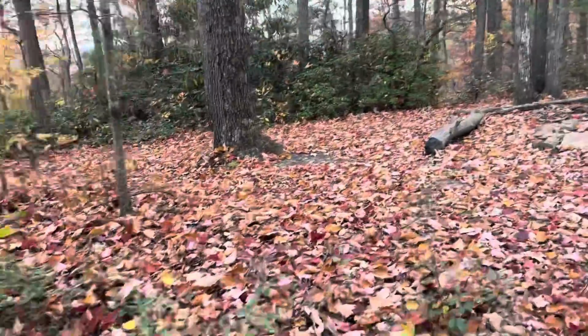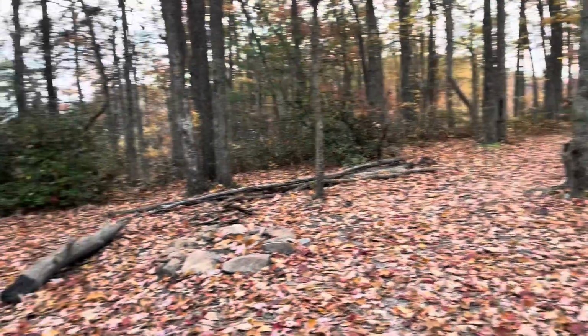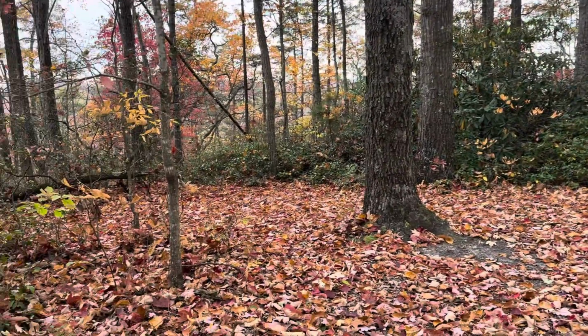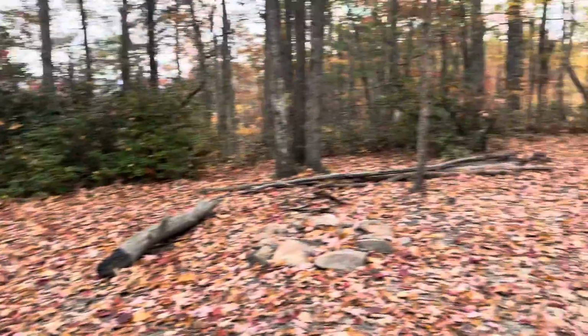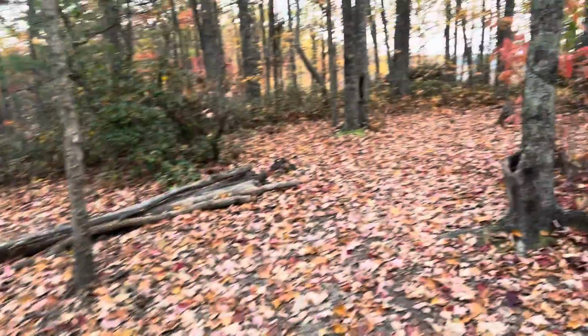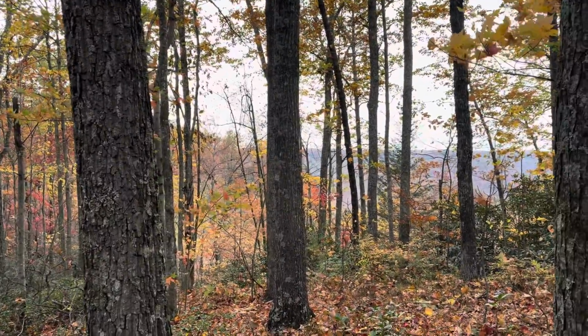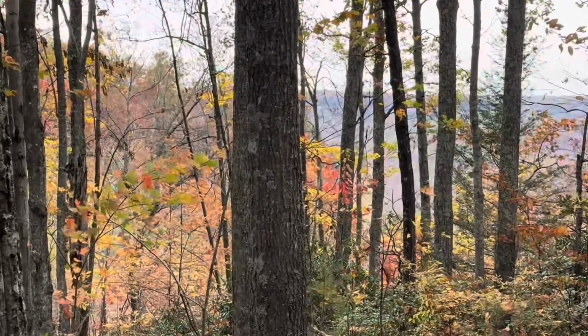Next little campsite you come to, a little further out. Not near as big. A few people still set up here. This is pretty much right in the middle of the trail, this one is, so keep that in mind if you decide to camp here. Right after the last campsite there, especially the winter or fall, as the leaves start to fall off the tree,